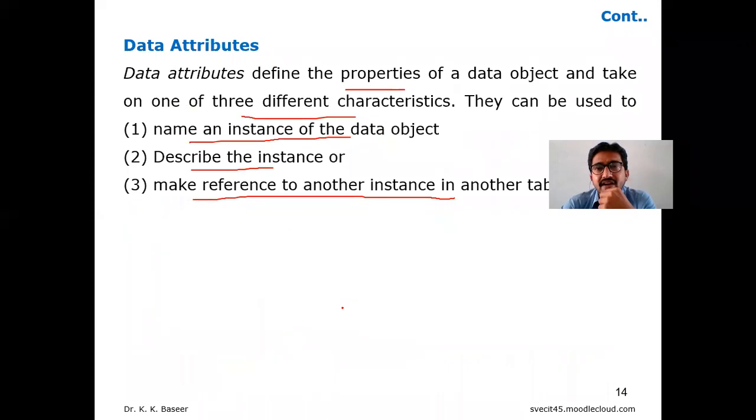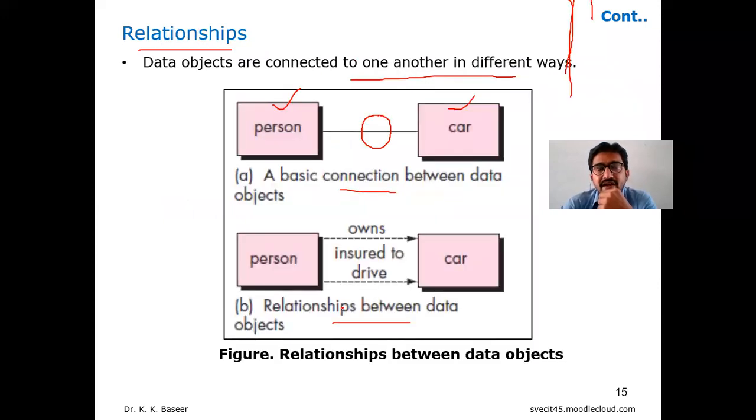Data attributes simply define the properties of a data object through one of the characteristics. And data objects are connected to one another in different ways, simply or with the help of different relationships. Okay, so that's about the data modeling concept.